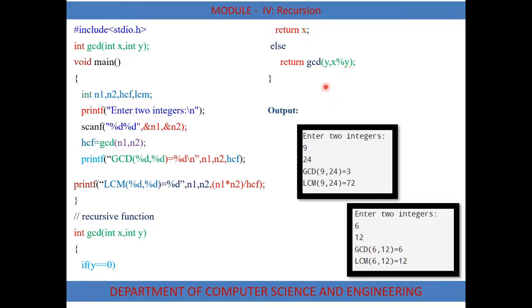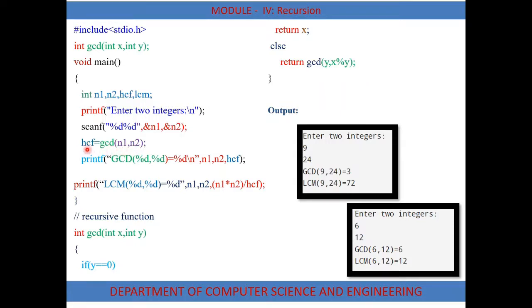So now what is GCD? When you are passing the elements to this function, the first value is considered as x, the second value is considered as y. So now x is equal to 6, y equal to 0. Now check the condition. If y equal to 0, yes, y is equal to 0. So 0 equal to 0. This is true. So return x. What is the value of x? That is 6. Now after the complete execution of this function, we get the value as 6. Now this value is passed to the main function.